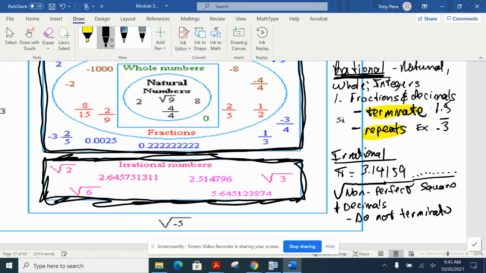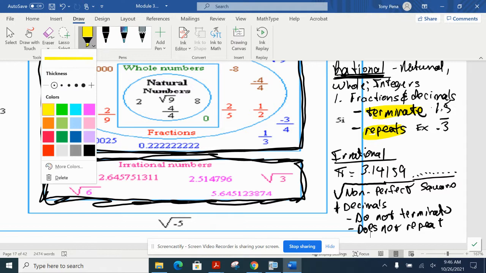Like pi, right? This just goes on forever, so it doesn't ever end, and it does not repeat. So again, look at the number for pi. It just goes on forever and ever and ever. So the big ones, the reason we're talking about it right now is if you look at the numbers enclosed